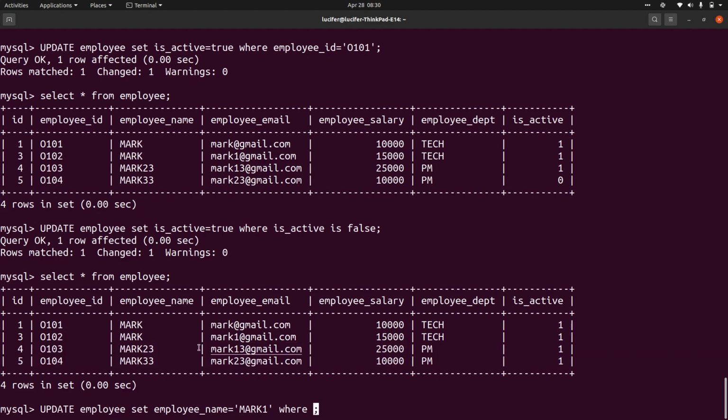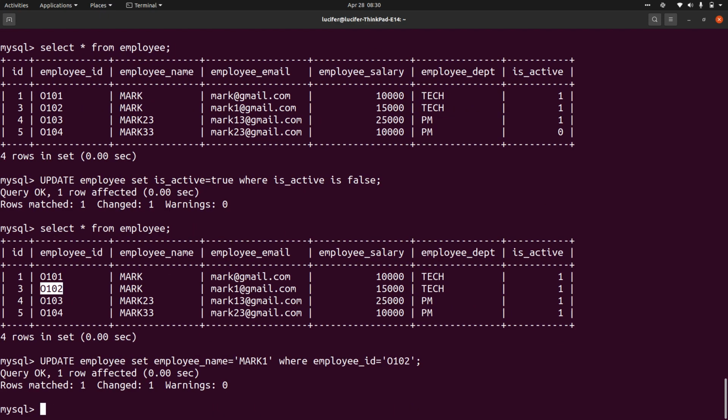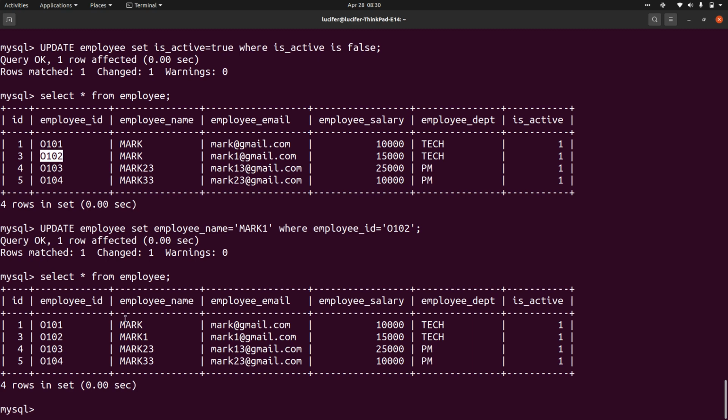So you'll have to take a unique value, maybe ID. It's better to take employee ID because that was the unique value. So employee ID equal to O102. You can update that value as well. Now you can see we have mark1, it got changed. So this is how you update the records.